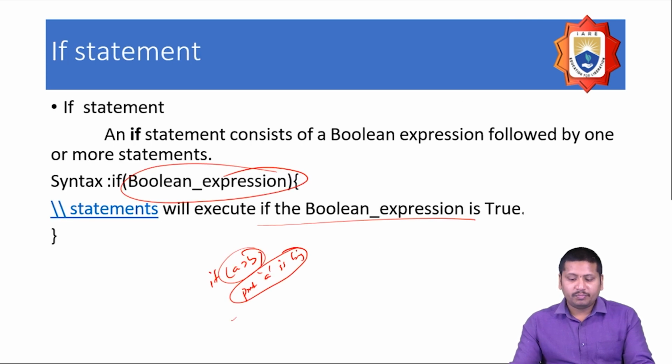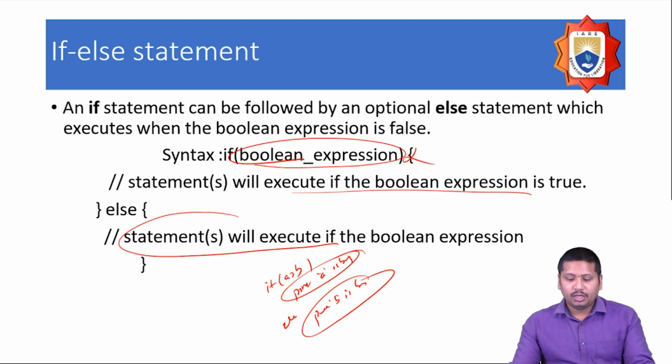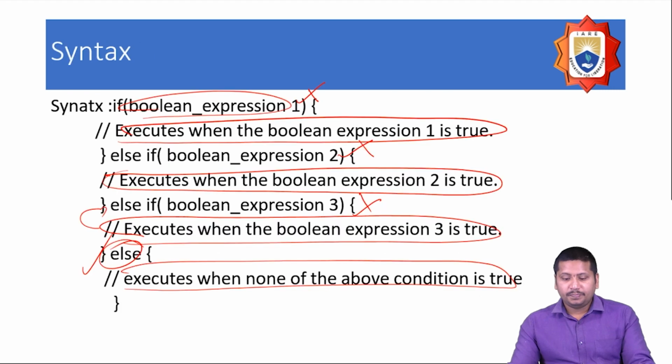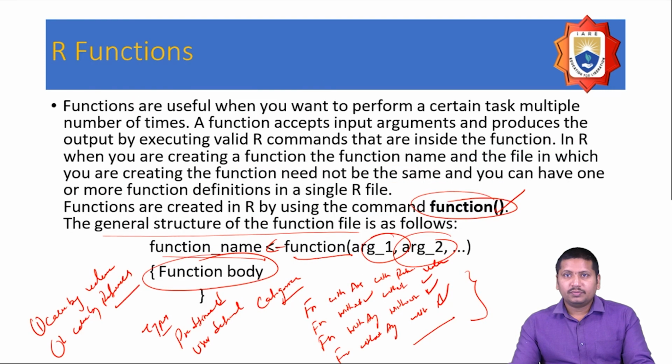An if statement means a boolean expression that is true. If one condition is true, then that block will be executed. If the condition is false, then the statements I wrote in the else block will be executed. And else if block is another kind of structure, and the syntax is like this. And then functions, which make use of different types of functions,